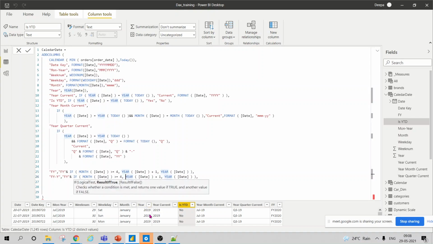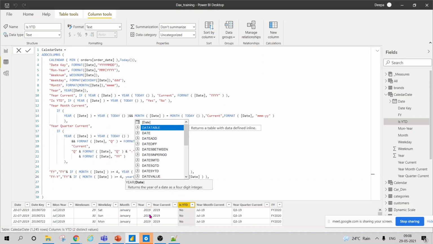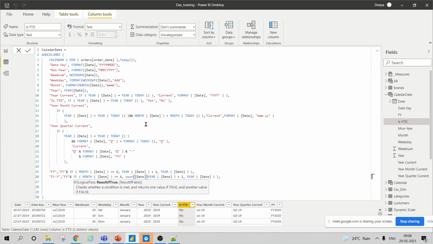So here you want me to write year of date, right? Year of date, yes. Now we have to write the true function.